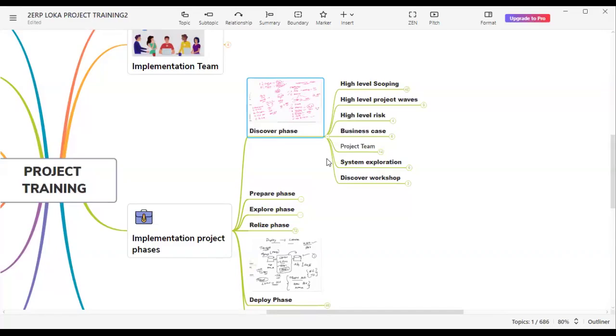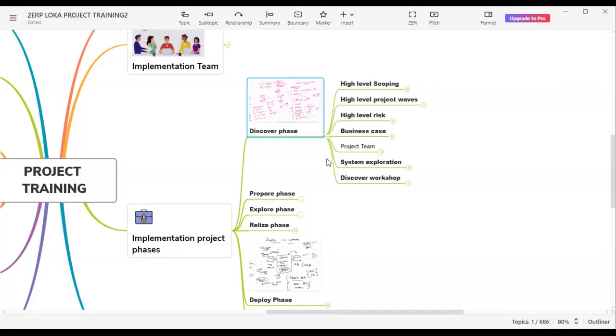This business might be a small scale industry or any type of industry. If they want to start using SAP, they will select their implementation partner. While they select, what information they should know and what information an implementation partner should know: how big is the business, what is the revenue. And if they are going to implement SAP, what are the risks, what is the scope of the project, how many waves the project can be released in, and how the project team will be built. We are also going to show the system to them, how the system looks.